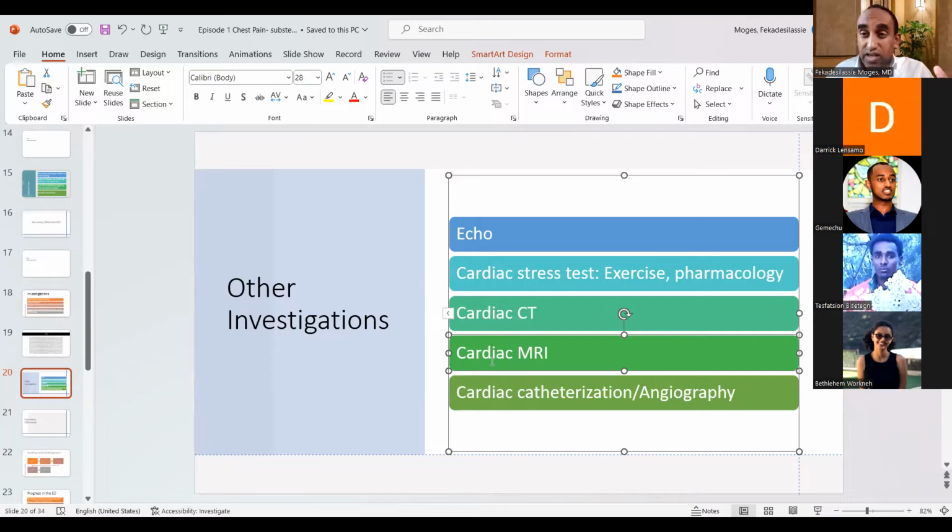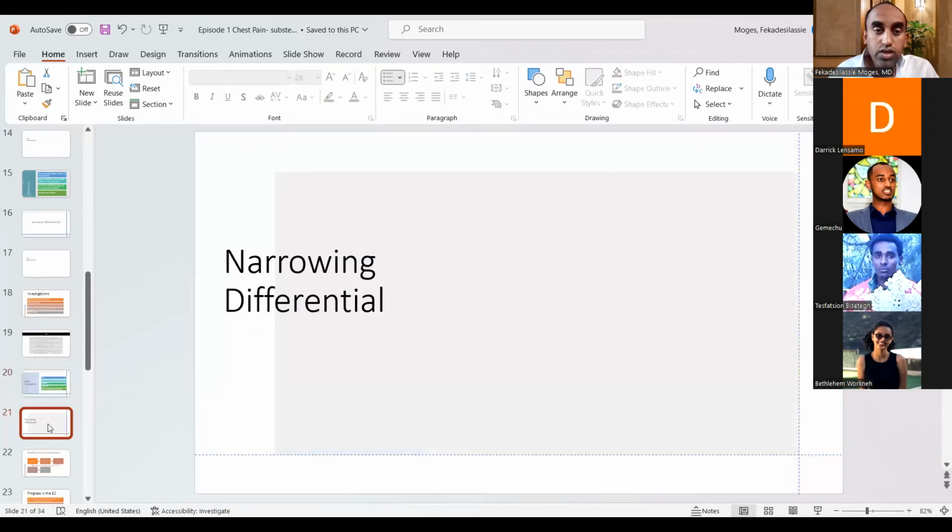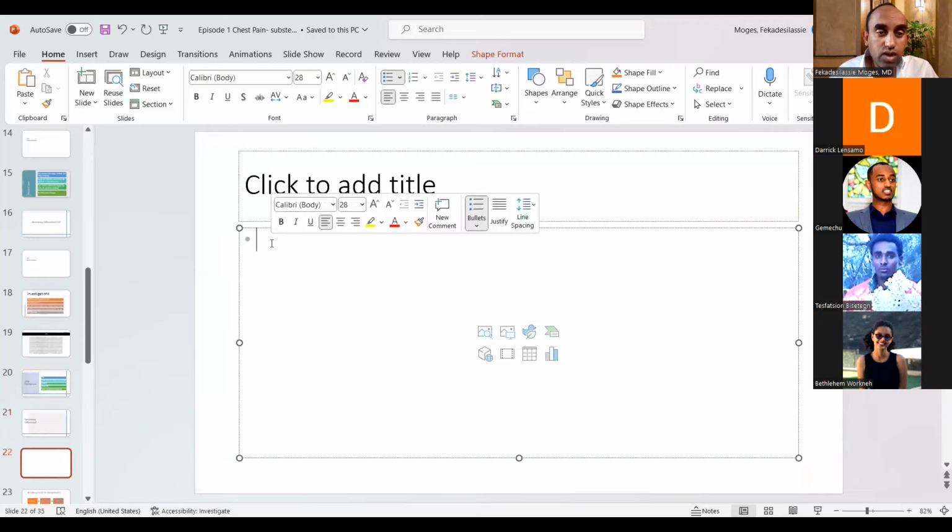Maybe this patient is having an acute problem. Sending him for an MRI could be fatal, especially if the disease progresses, and sometimes cardiac MRI takes time to be completed, and you may lose the patient on the table of the MRI. So you have to be careful. But theoretically, cardiac stress test, cardiac CT, cardiac MRI, cardiac catheterization. So we are not there yet. Cardiac catheterization, we'll deal with it later on, okay? Just leave it there. So narrowing the differential, now do you want to keep ACS and aortic dissection, or you want to keep only one of them?